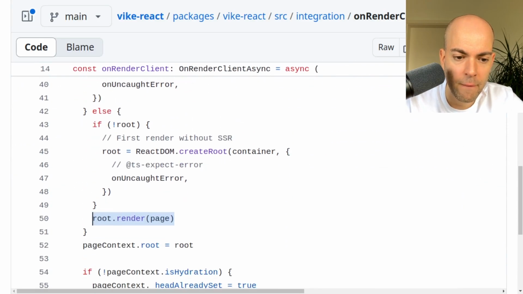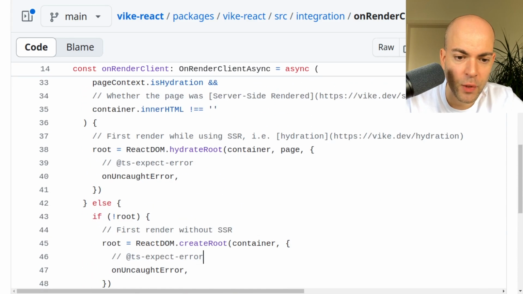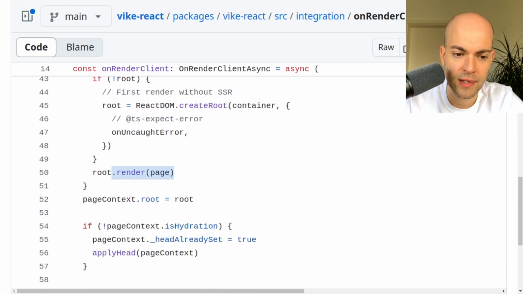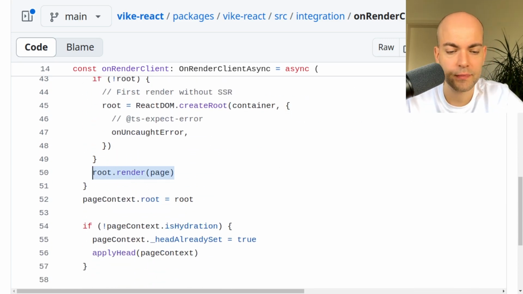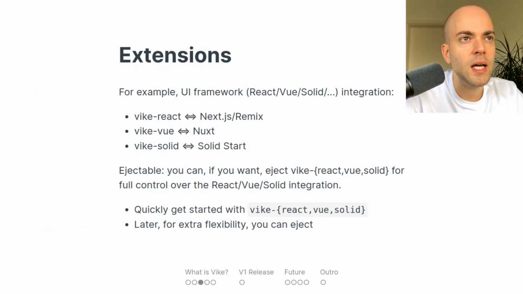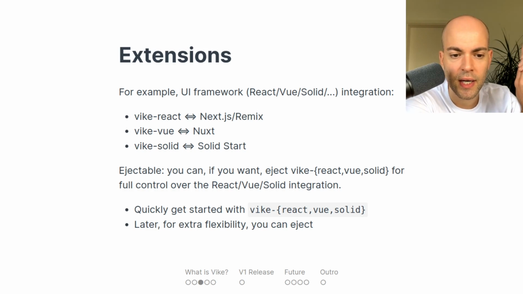So for example, for server-side rendering, it hydrates the page, and then on subsequent client-side navigation, it renders the page. So it's quite simple. And in general, these extensions are simple and very small.